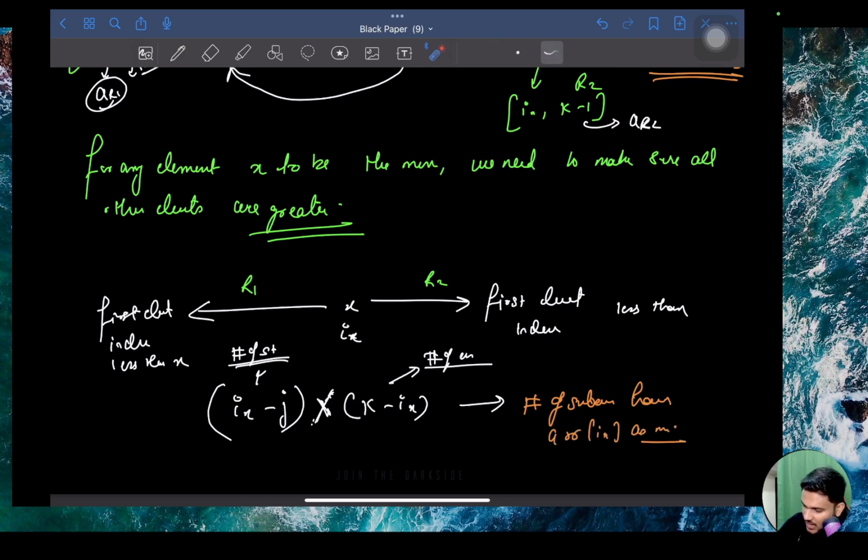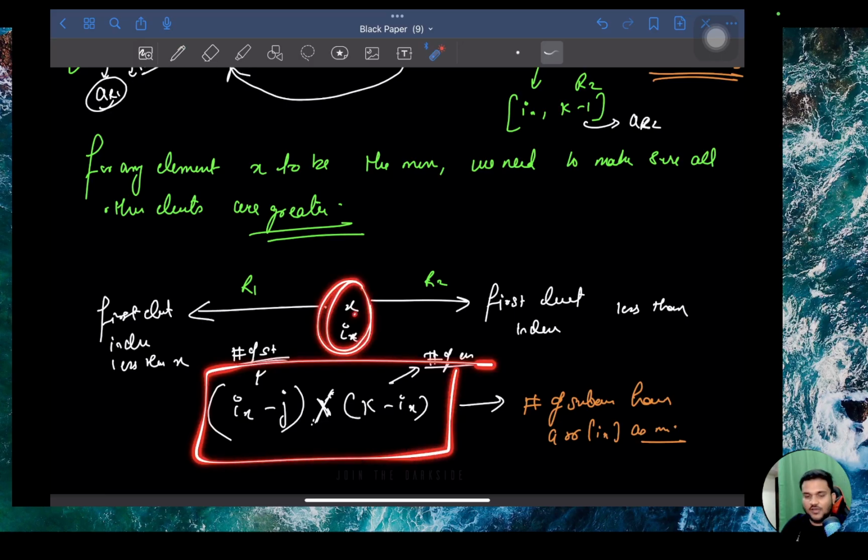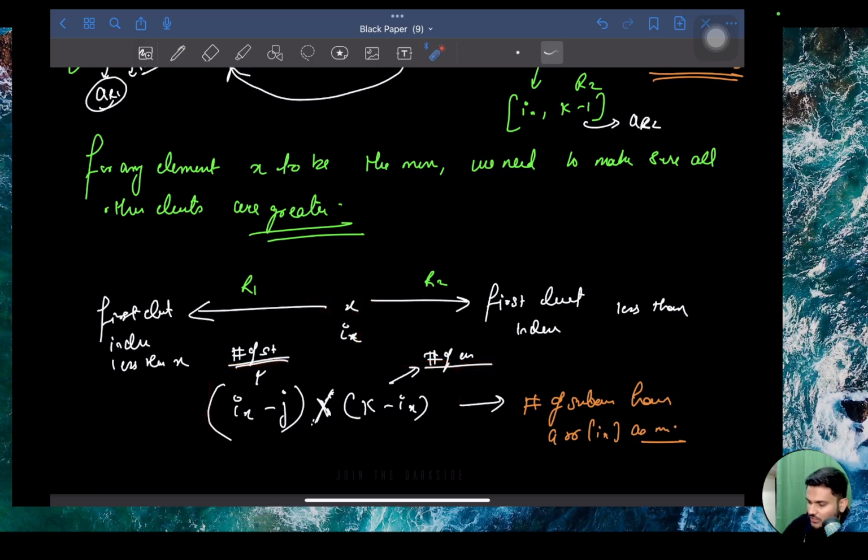So we will get the count of subarrays where ARR of IX is minimum. Once you have the count of subarrays where ARR of IX is minimum, what will be the contribution of ARR of IX in the total sum? The contribution will be ARR of IX multiplied by this,